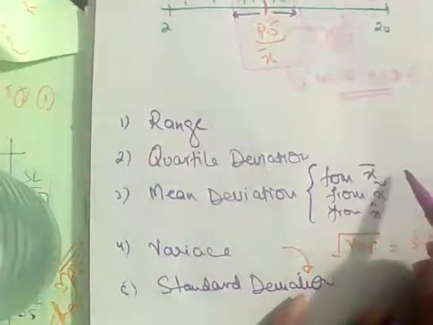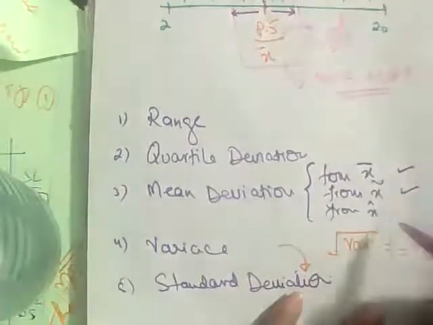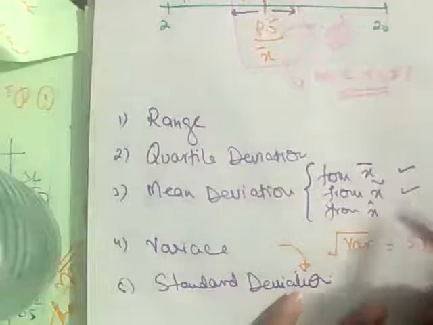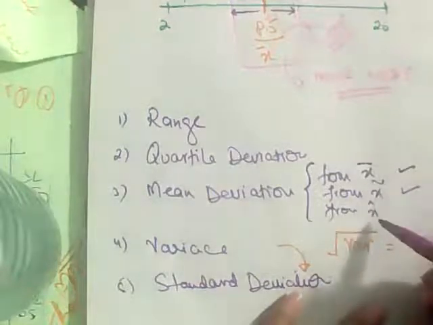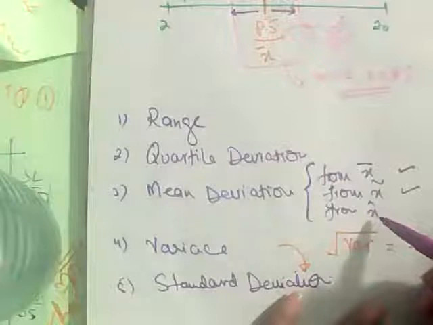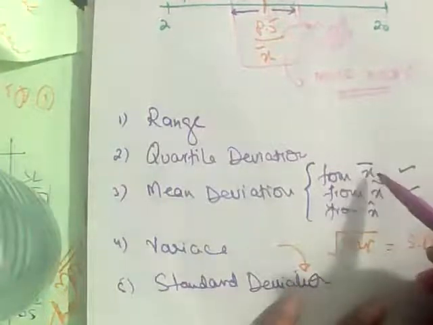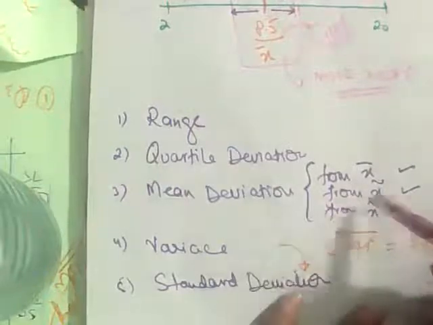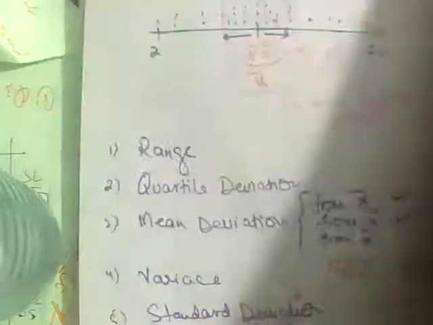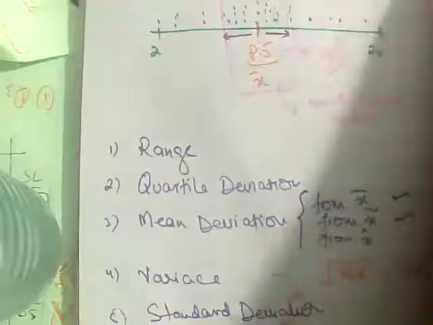Again, the most important are this one and this one, and this we hardly use, but once you understand these two, you can very easily calculate this if you're asked to find it out. So mean deviation from mean and mean deviation from median, this is our target. And over here one more important thing is that